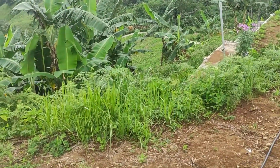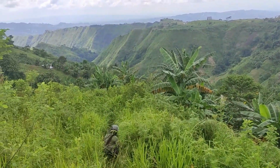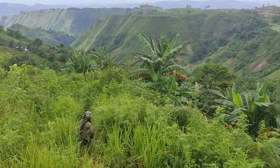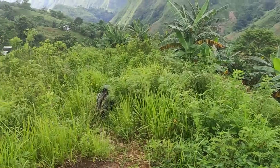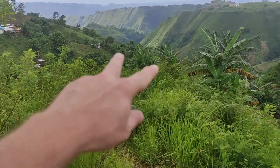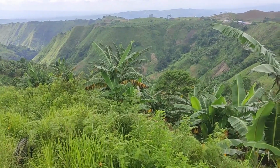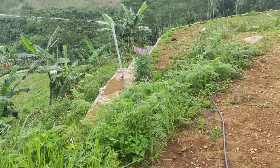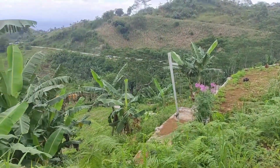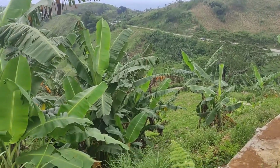Alright, do we have anything people can see there? No, I don't know if they did. So the first plan was to do bananas along the ridge down to essentially the entrance. We need to put the stairs or something like that down there. But instead they went...